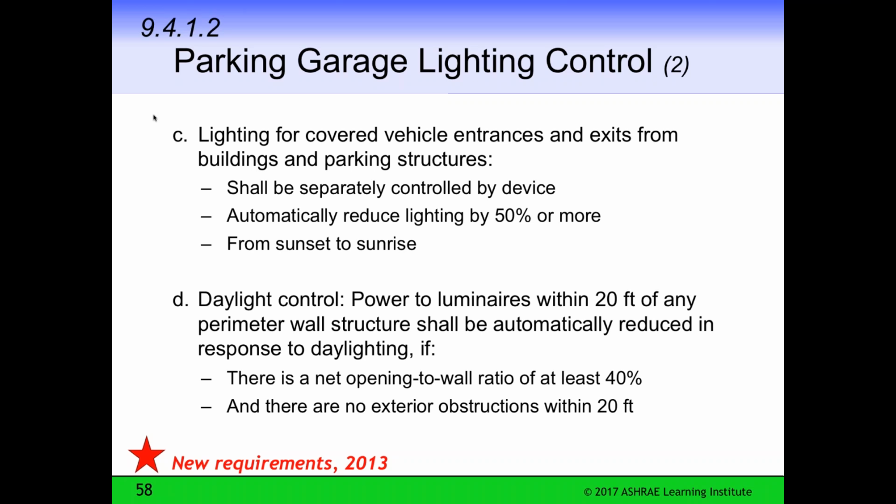And the daylight control in parking garages, power to luminaires within 20 feet of any perimeter wall structure shall be automatically reduced in response to daylighting if there is a net opening to wall ratio of at least 40% and there are no exterior obstructions within 20 feet. So there's a simpler set of controls for daylighting of parking garages as well.